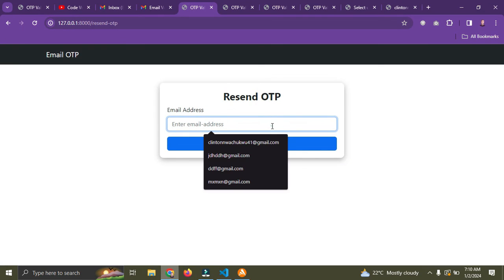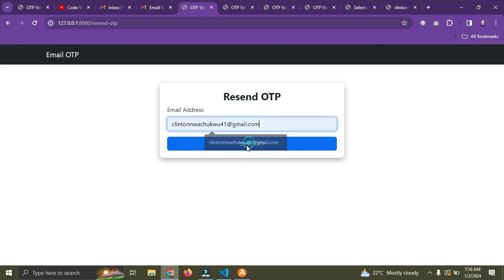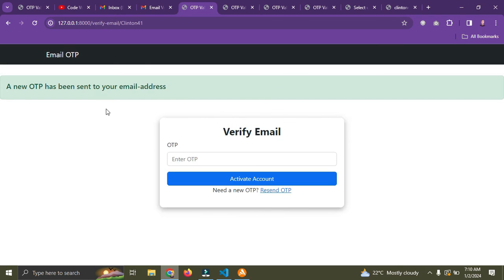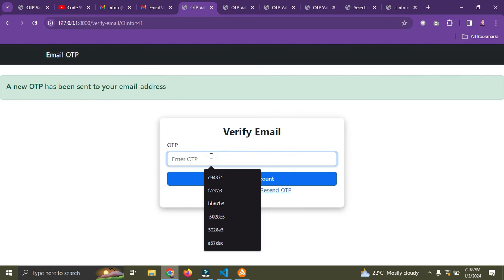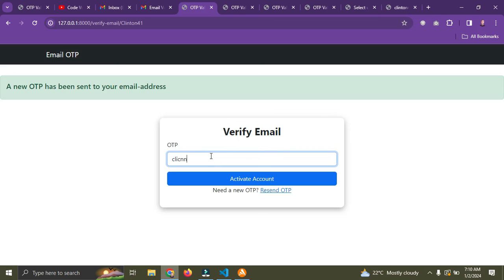For instance, I'm going to put in that email. If I put in the email again and click on send OTP, I'm going to have an alert. You can see now this is the alert here. It says a new OTP has been sent to your email. So if I input an invalid email, an email that does not exist,